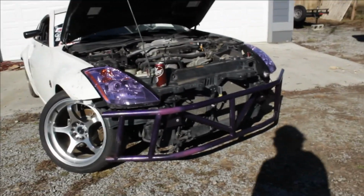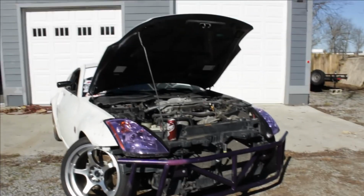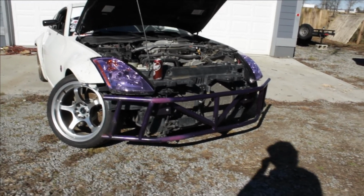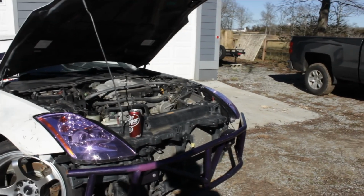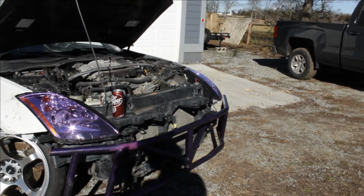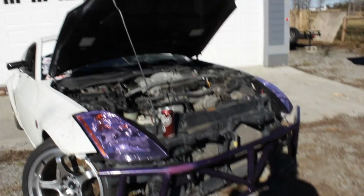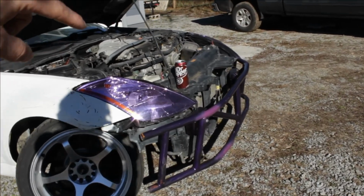So, a local event here in Clarksville had a king of track type of competition, and me and this guy were the first battle of the entire thing. And he was having some problems with his steering, and just parked it on track. And I wasn't able to catch it in time. I plowed right into him. We both talked about it after. Things were great. No biggie. But this thing had saved